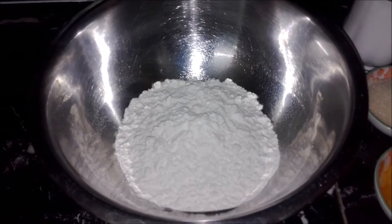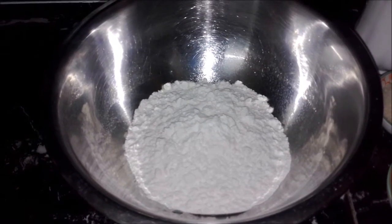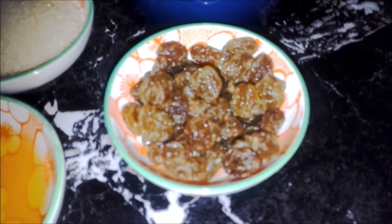I'm Anita and today I will show you how to make rote. People usually make rote as an offering to Lord Hanuman. So let's get started. I've got here 1 cup of plain flour, 2 tablespoons of sultanas which I have soaked